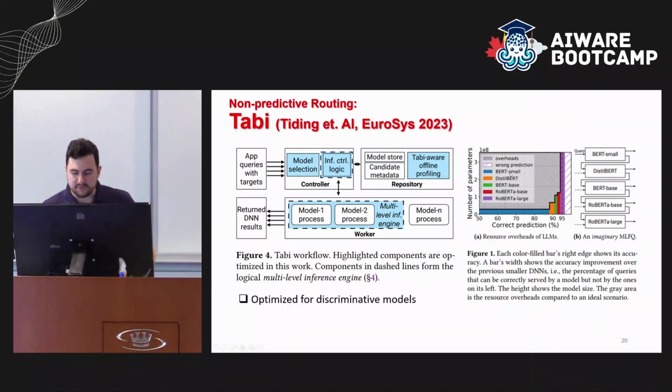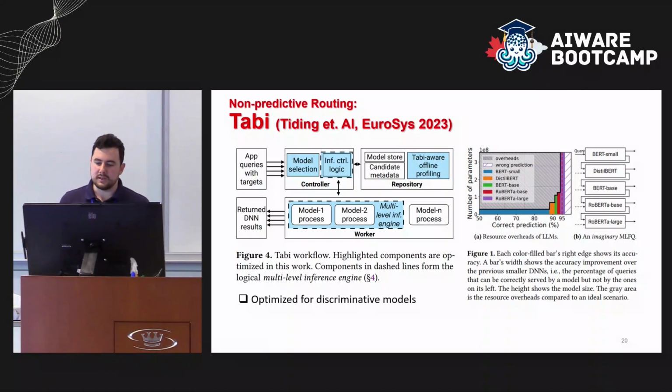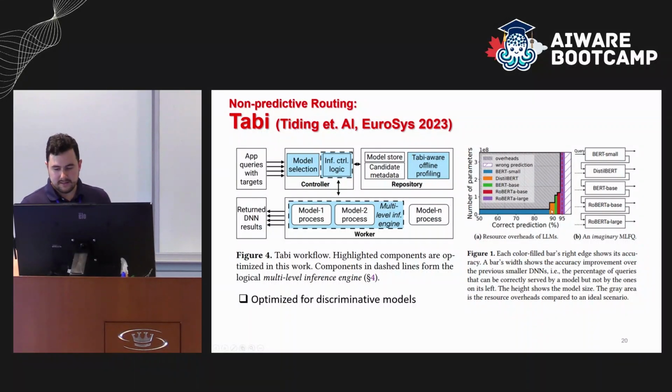And there's a good diagram over here. You can see the percent of correct predictions versus the number of parameters. And you can see that if you use the smallest model, to a certain extent, the majority of things can be covered by, let's say, the small model, but then what can't be covered can be handled by a more expensive, larger model. Okay, if it can't, move on to the next, and so on and so forth. So this is one example of this approach.